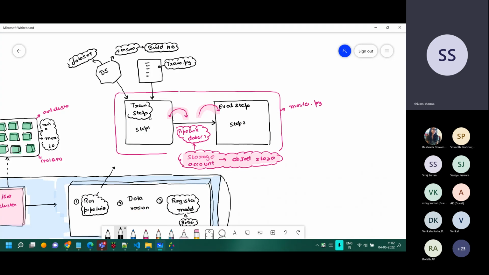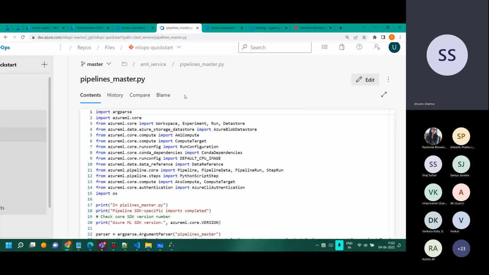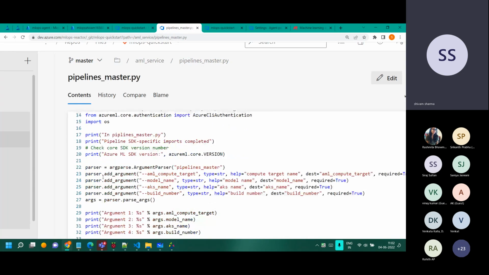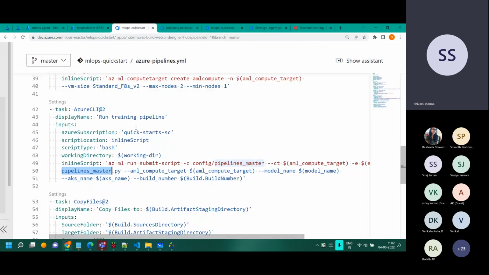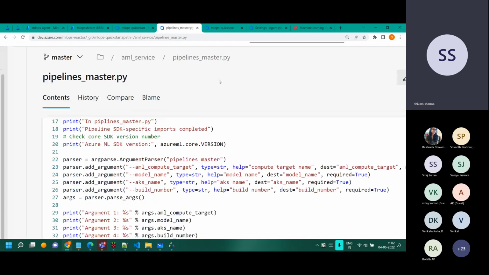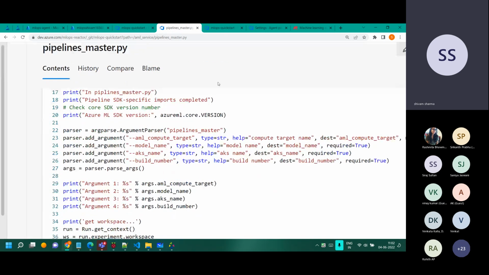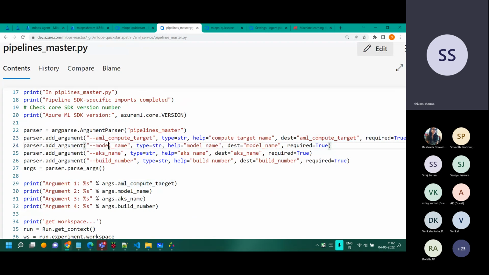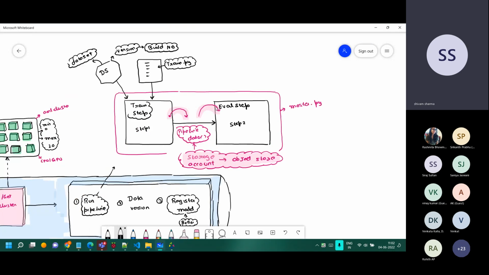If I show you the main things over here, if I take you one step back, you see all these arguments which we are passing from here, all these runtime arguments, the model name and the build number and the Kubernetes name and so on and so forth. All of them are getting injected in this line. In Python, we have argparse, arg parser. So this arg parser is taking those four inputs: the AML compute target, the model name, Kubernetes name, and the build number. At runtime, this is getting passed from the outer pipeline, the blue one, to the red one over there.